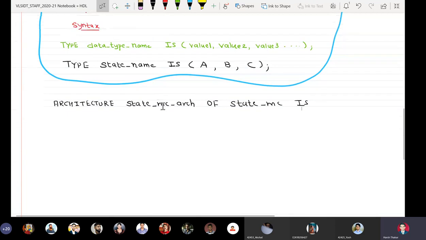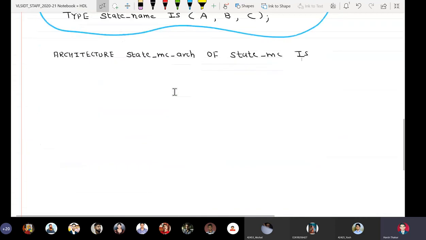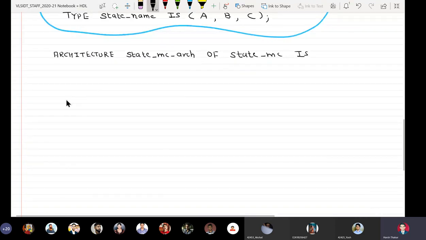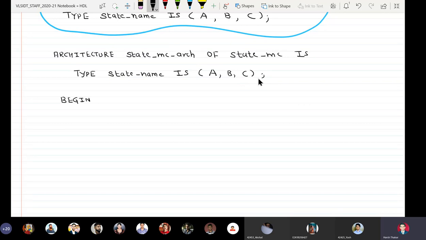This new data type has to be created in the declaration section, so between the architecture's first line and architecture begins. So here I'll write down type state underscore name is bracket A, comma, B, comma, C.